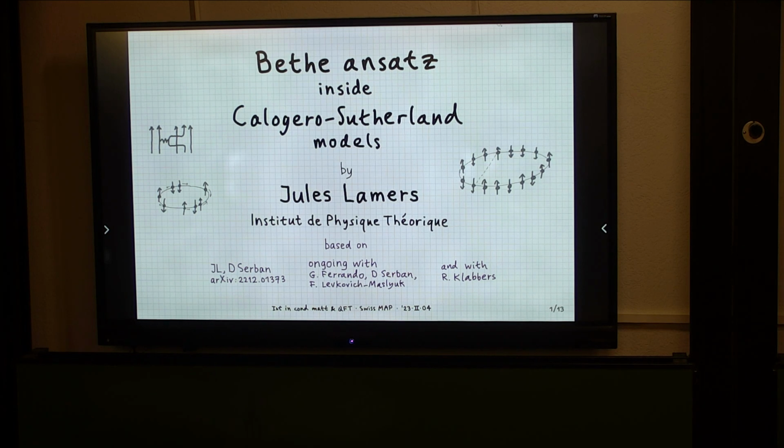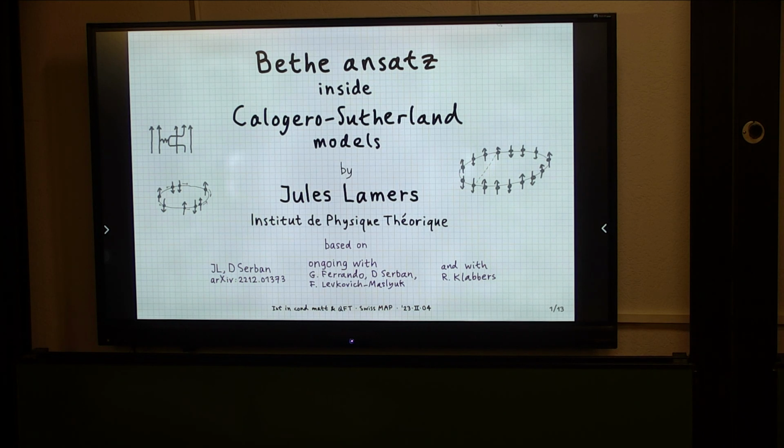And I should probably point out that by a long-range model, I really mean a model that interacts at all ranges simultaneously, mitigated by some potential. But it's not just a step-by-step kind of range. All right, so this is based on the recent paper with Didina, ongoing work with Fedor,